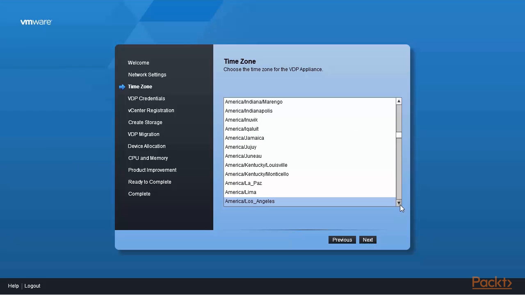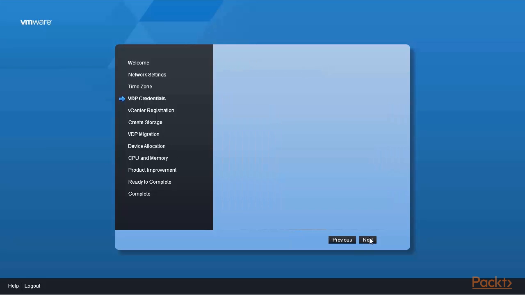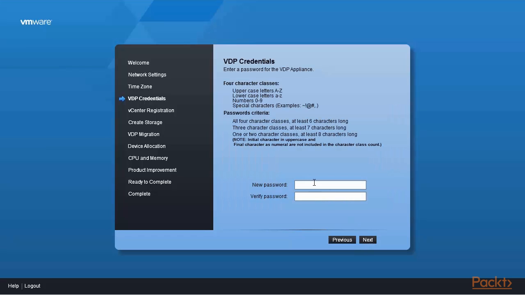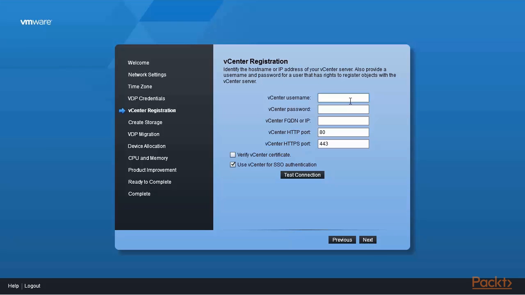So I'm going to fix my time zones here. I click next. I need to enter a password, a strong password. So the initial password is changeme, all in lowercase. Okay, so the vCenter username for the vCenter registration. So we are going to have this with the vCenter, which is administrator at site.local. The password is,